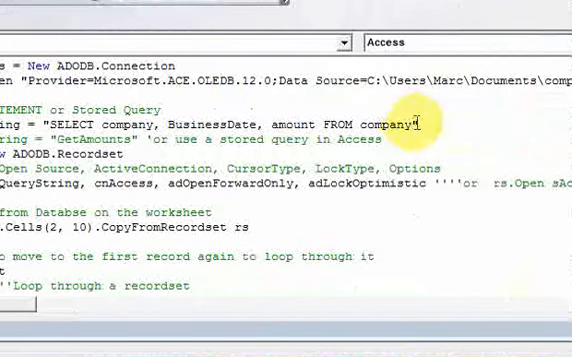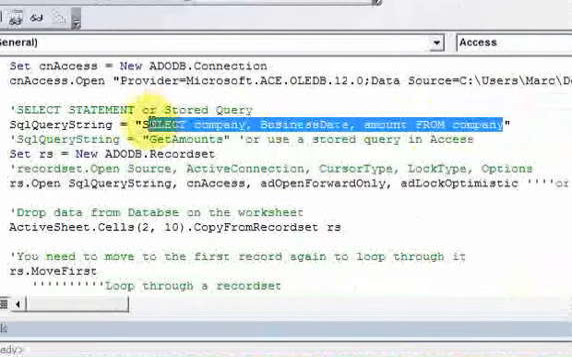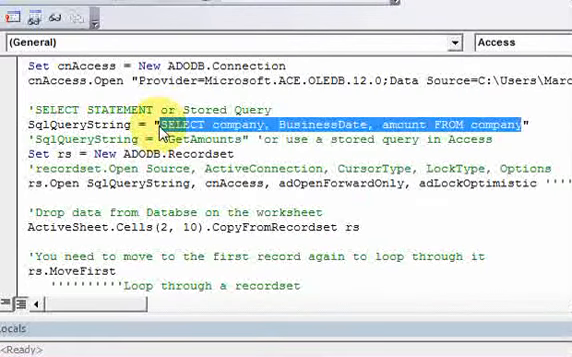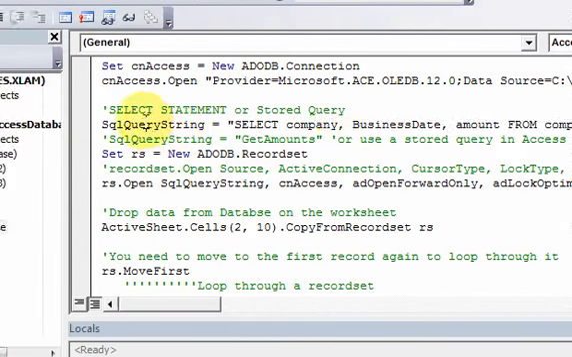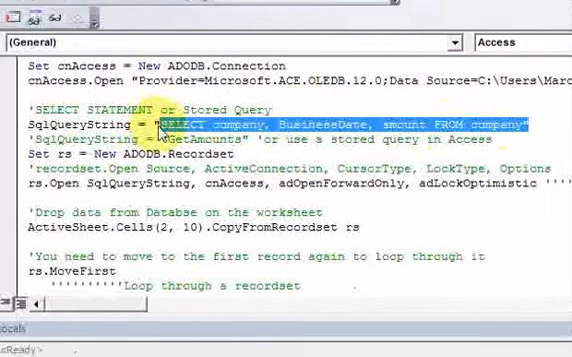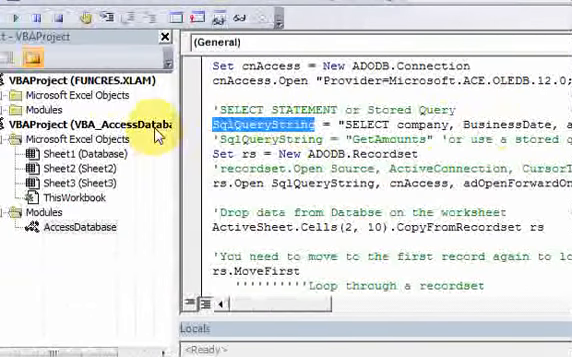So this is a SQL statement. This is actual SQL code. You can run that exact code in SQL, whether it's Access or SQL Server 2008. MySQL might be a little different. There's different database software, but this will work for SQL Server and Access. And so I take that query in quotations and I assign it to my SQL query string variable, and then